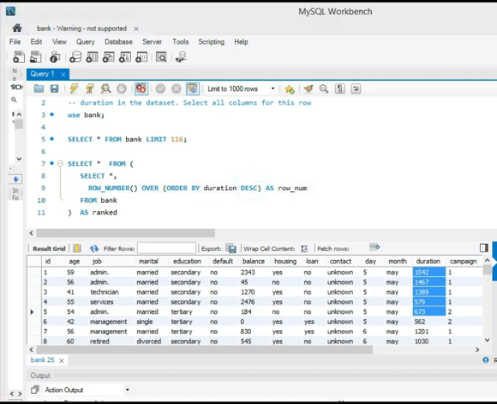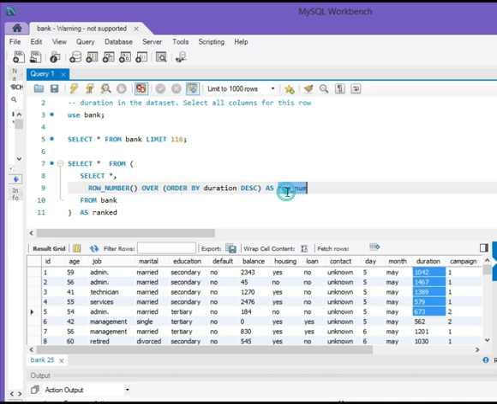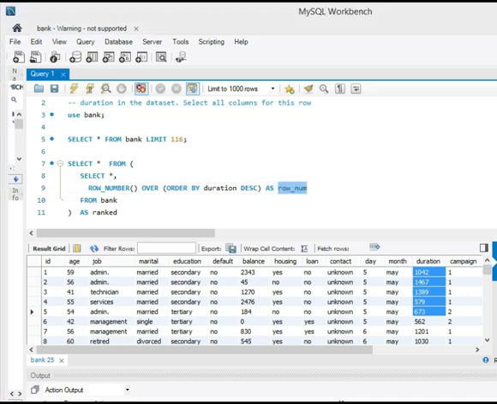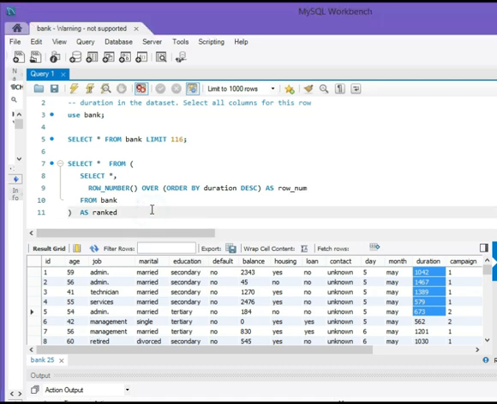So the subquery returns all the columns from the bank table along with an additional column named number row, which contains the row numbers assigned to each row based on the duration in descending order. And outside this subquery,